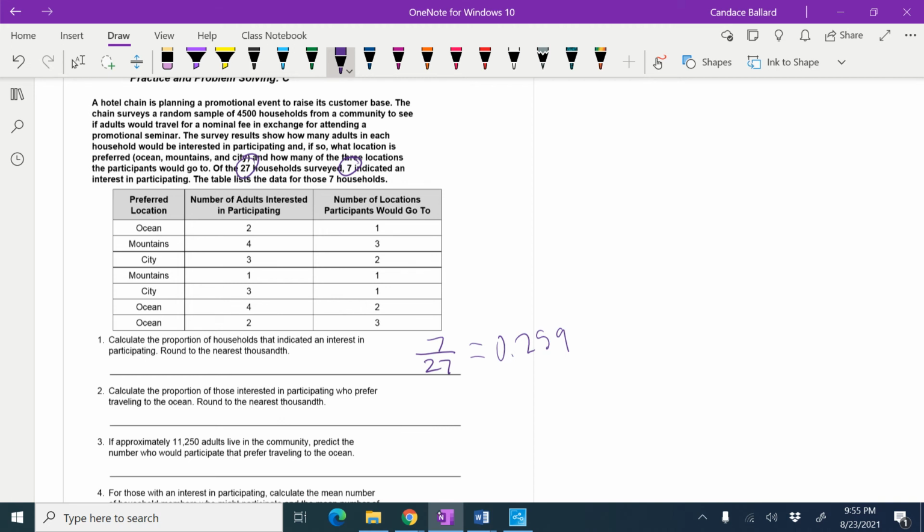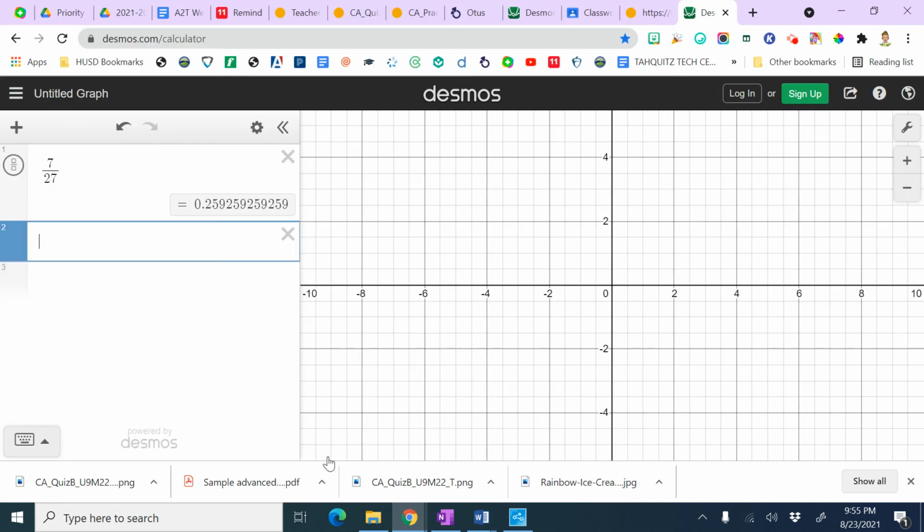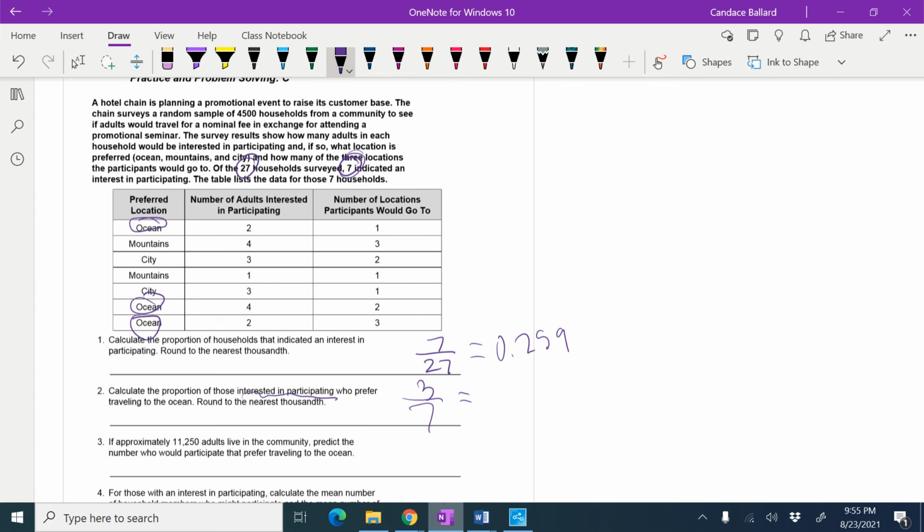So now we're narrowing it down to those interested in participating, which that total is 7. And then we want to do traveling in the ocean. So we're going to look at our categorical data. So 1 ocean, 2 ocean, 3 oceans. All right, we're going to calculate the decimal on that one as well. So we've got 3 divided by 7. So we got 0.42. We would have to round that to 0.429. If approximately 11,250 adults live in the community, predict the number who would participate that prefer traveling in the